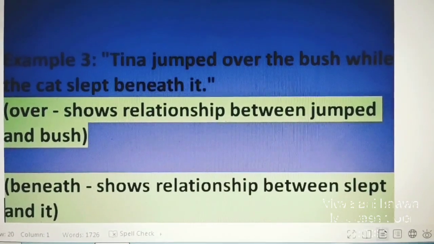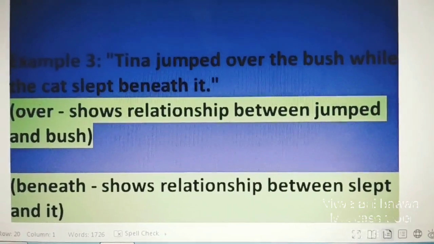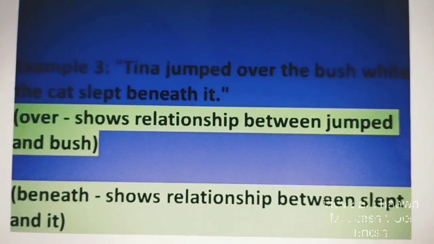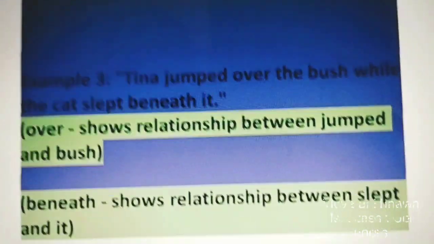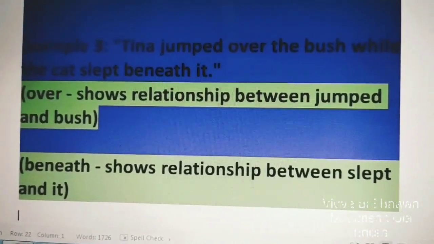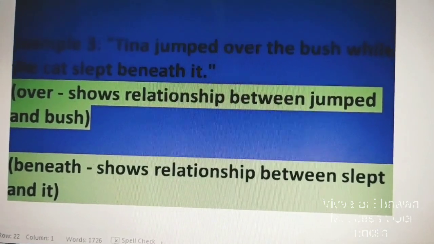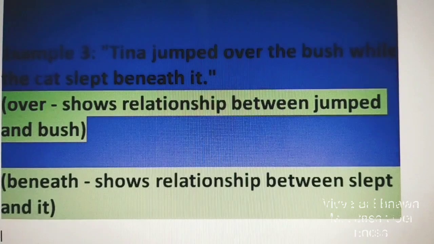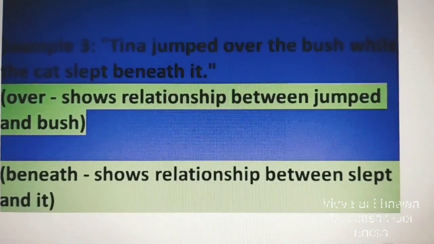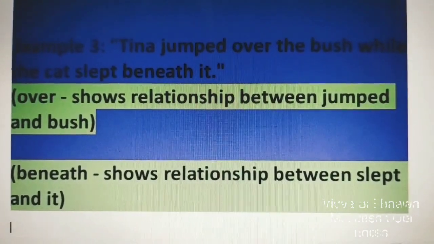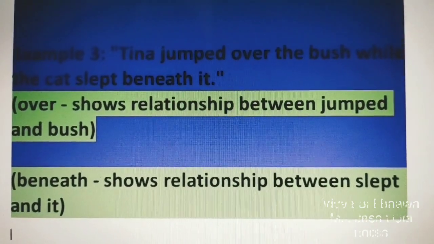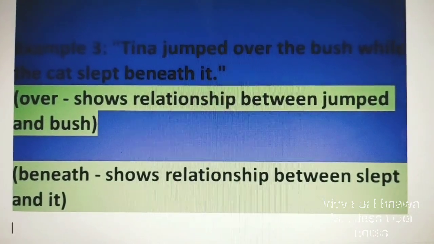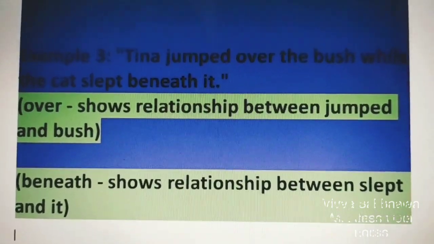So whenever we are talking about prepositions, you need to take care of that. It connects a noun with the other words and shows the relation also. I hope all of you are clear with it. And now quickly, each and every one, write down a sentence using 'over' and 'beneath' within a single sentence. Note it down. I hope all of you have written that. Good.